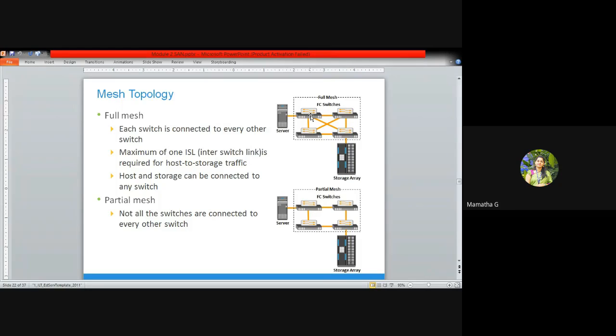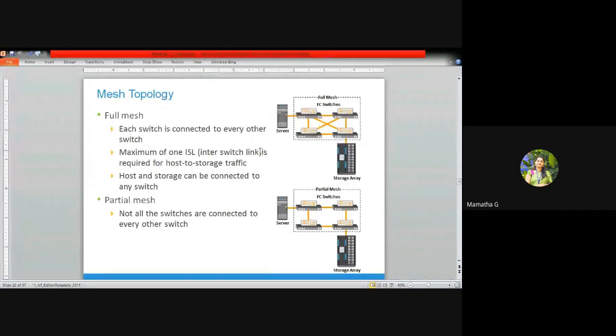In the figure I have shown it connected to the first one, but it is left to the application or host to decide which switch it needs to be connected to. There is no condition that only on this switch the node or the storage should be connected. You can use any of the switches within the mesh, so that the data transmission takes place.